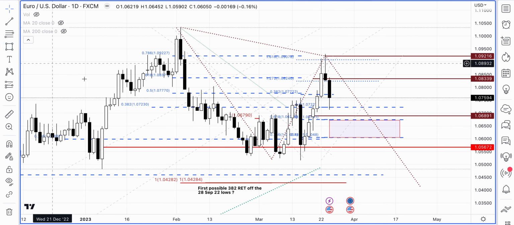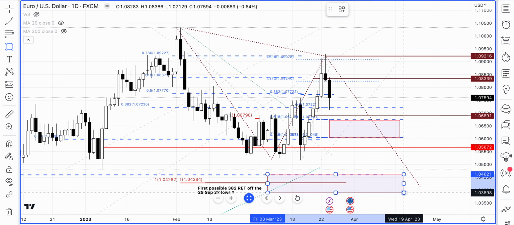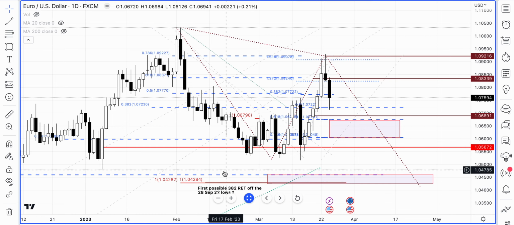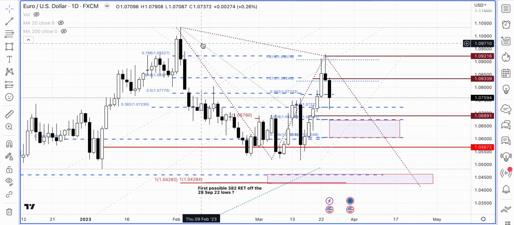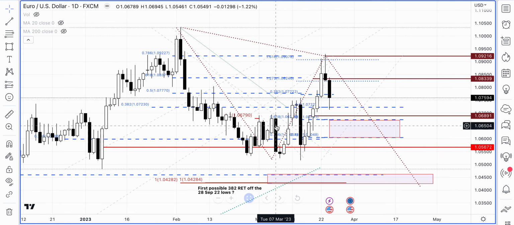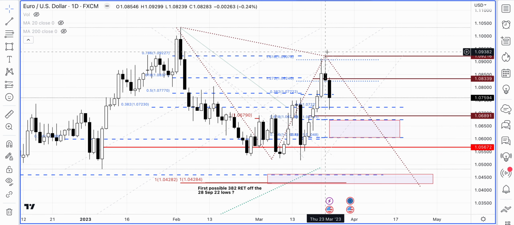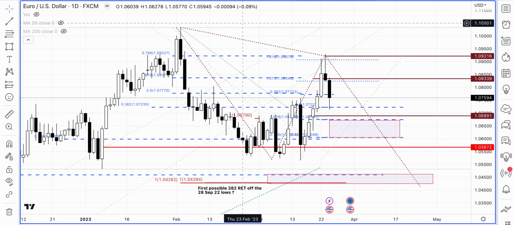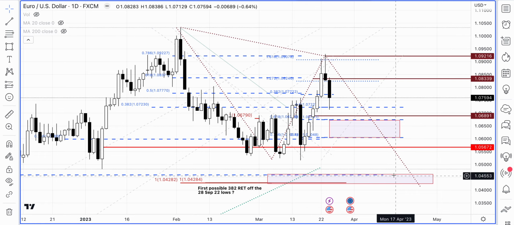So let me actually highlight it by a shaded region. This is something which had been there for quite some time, and we were thinking that the price will get there, but in fact price actually moved higher, and we had actually discussed it in our videos. But looks like it could get here, and if it gets here, that's going to be a very strong pattern,